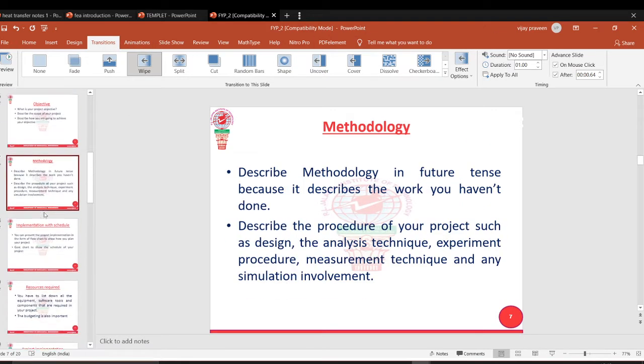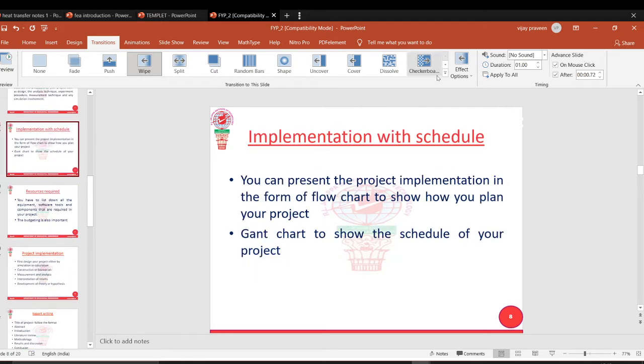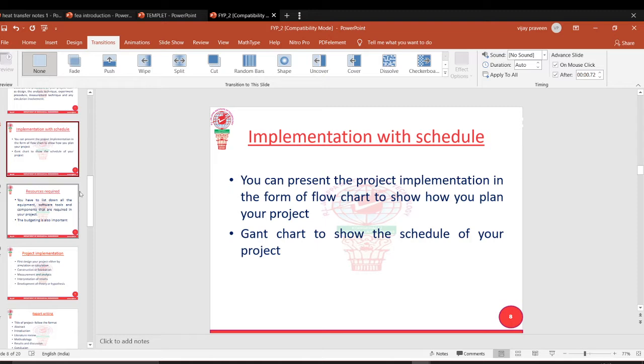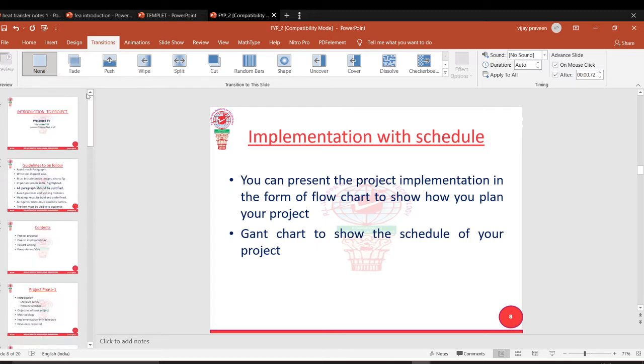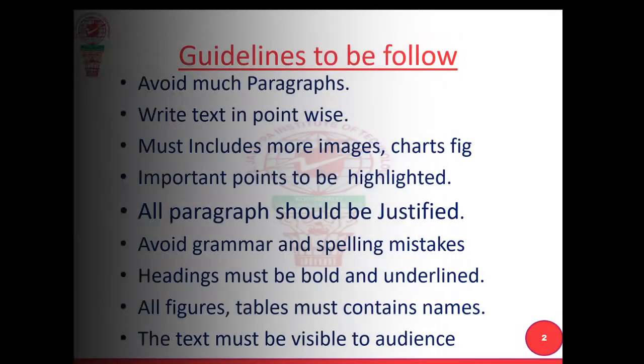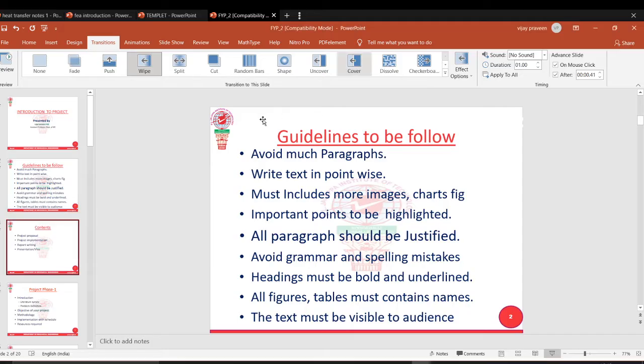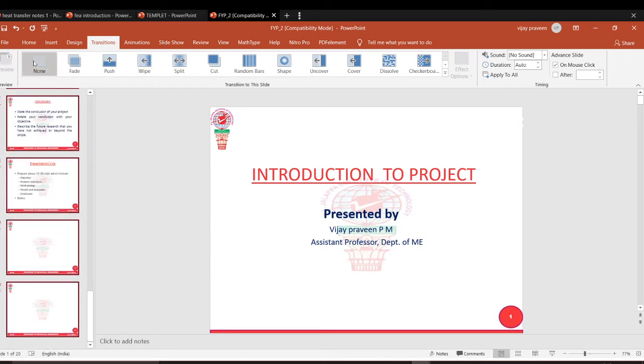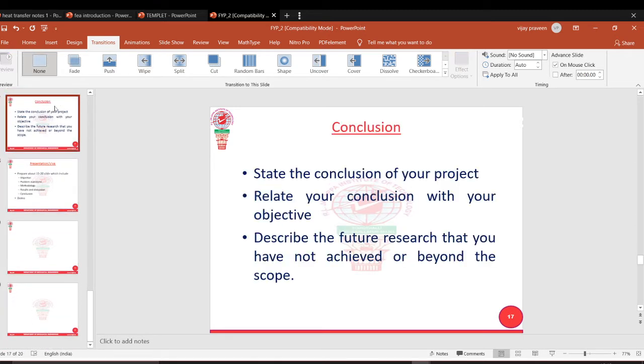So this is about different types of transition. You can give it, and even if you keep none, all the transitions will be switched off. It comes to static only. Let's see which one I made. I need to select everything that I gave it to. Press Control A, and I will put none. Now what happened? See.